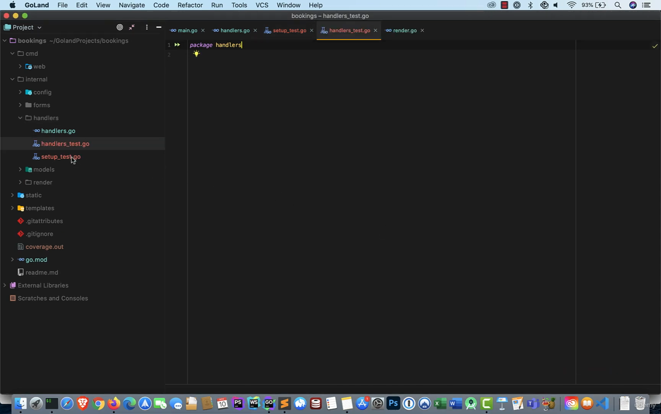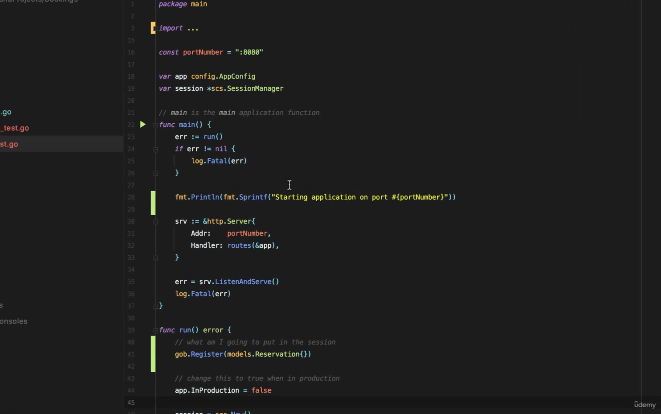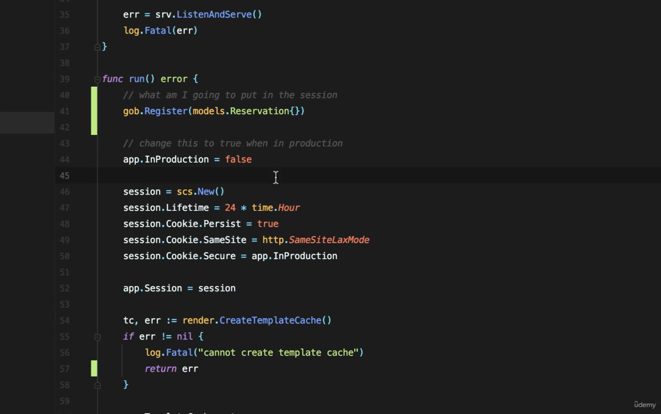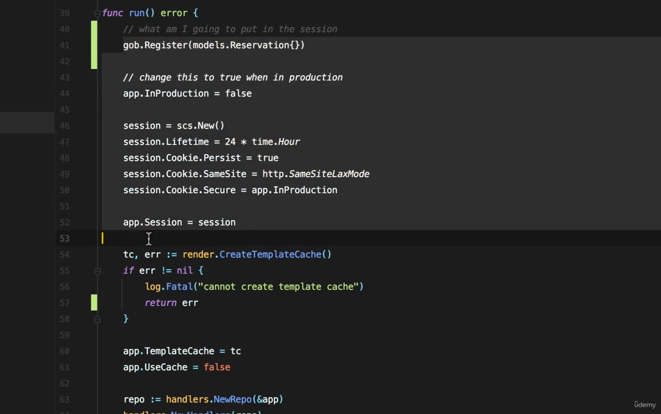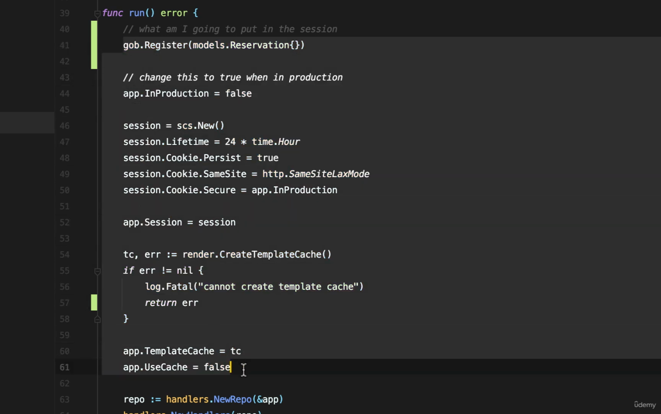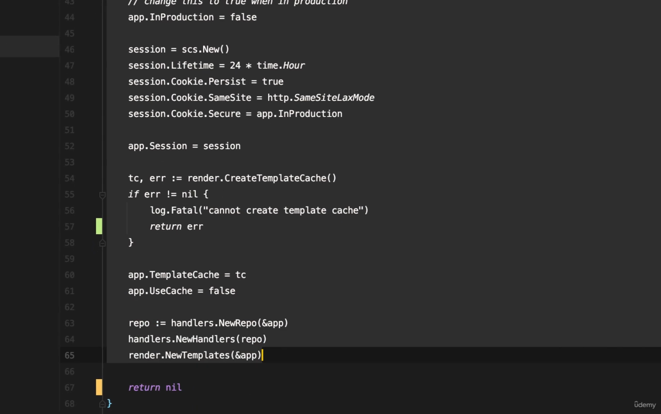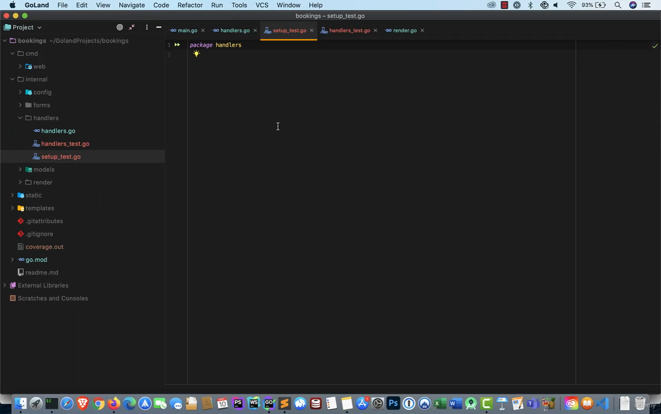Now let's start with the setup. And let's think about what we need to have in here. Well, it's pretty much the same sort of thing that we have in our main function. So in main.go, I have this run function, and I definitely want most of this stuff. So I'm going to copy all of this. Actually, I'll copy all of it right down to here, and I'll go to setup test, and I'll create a